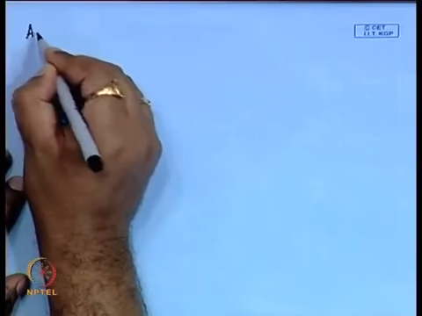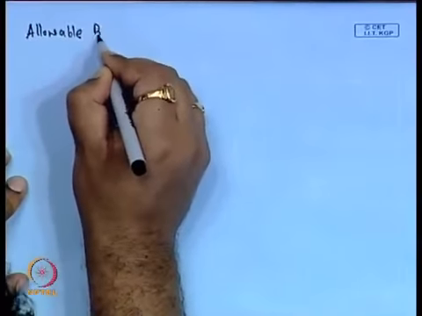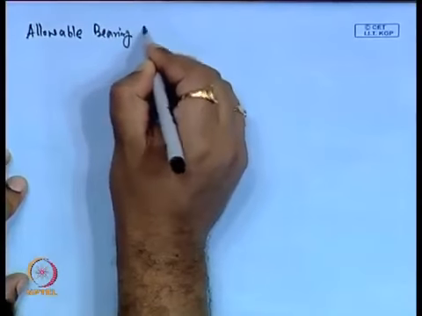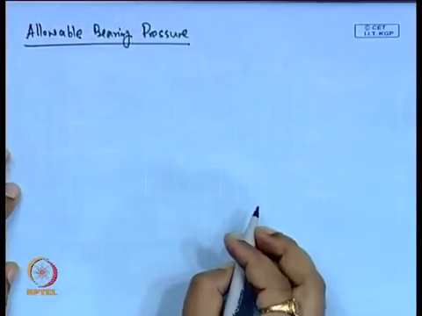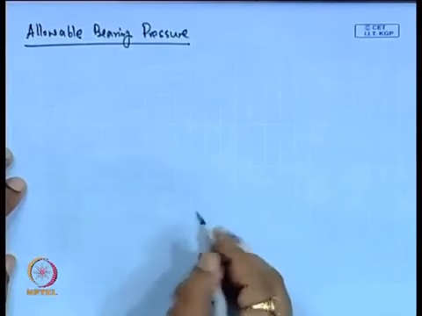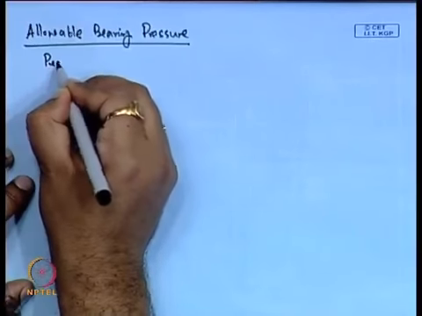Now, next one and the last thing that I will discuss is how to calculate the ultimate bearing factor in case of allowable bearing pressure. So, based on the N value. So, this is the allowable bearing pressure. So, there are a few empirical correlations given. Here I will discuss only one correlation, that is given by Peck,